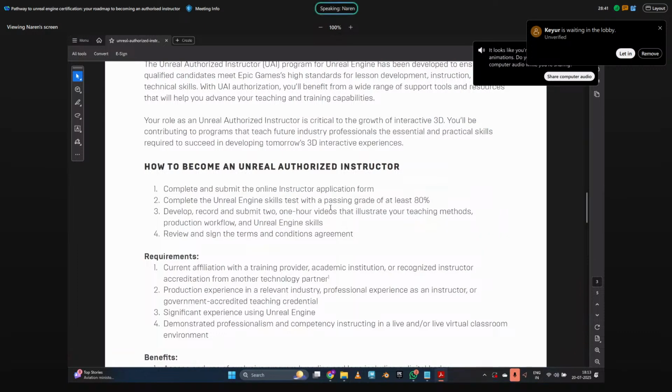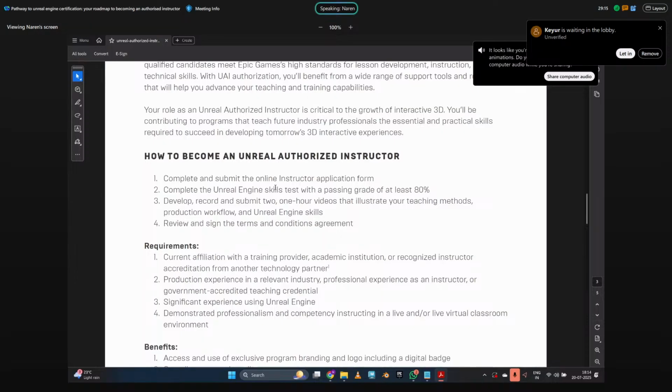Then you have to go through two sets of tests. One is the MCQ, where the pass mark is 75 percent. They have now reduced the pass mark to 75 percent. You have to finish the test within the stipulated time. After passing the MCQ, you will be instructed to submit a 60-minute to 90-minute video recording of your demo session. Again, there are certain rules for the demo session that we will also see. Then we record and submit those one or two videos to Epic Games.